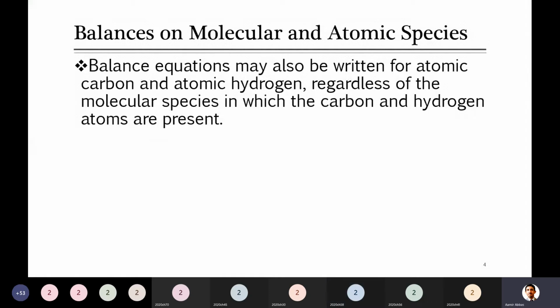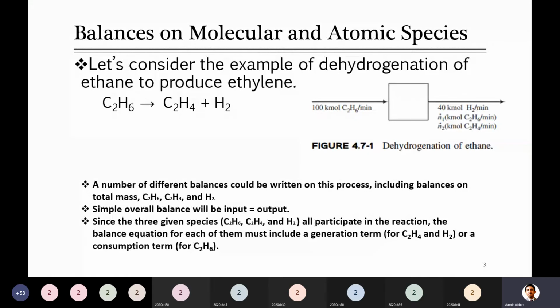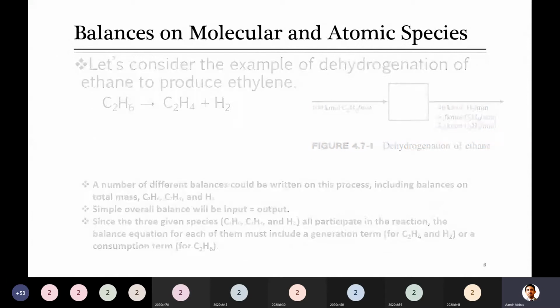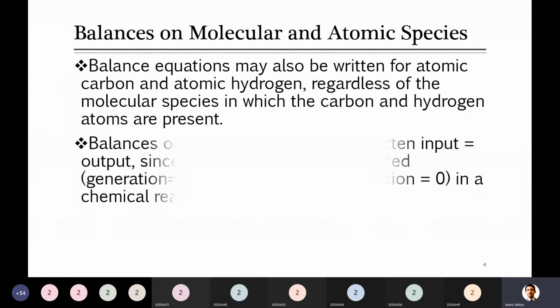At the same time, even in the last lecture, you solved one problem in which you wrote the species balance and solved it. But the other way here is to write, as I told you, the atomic balance. Overall, you have to look at the atomic species in your system. For example, if you look at the given example, there are only two atomic species. What are those? Carbon and hydrogen. Yes, good. Carbon and hydrogen are the only two, so we can apply the balance of carbon and then the balance of hydrogen and solve to find the unknown quantities.